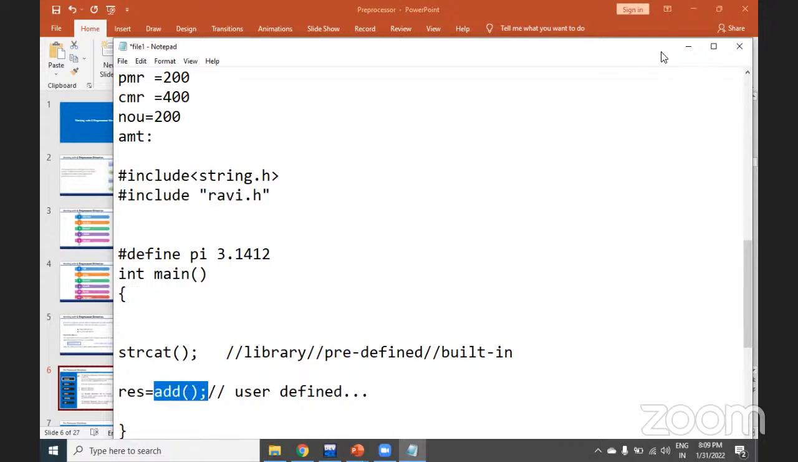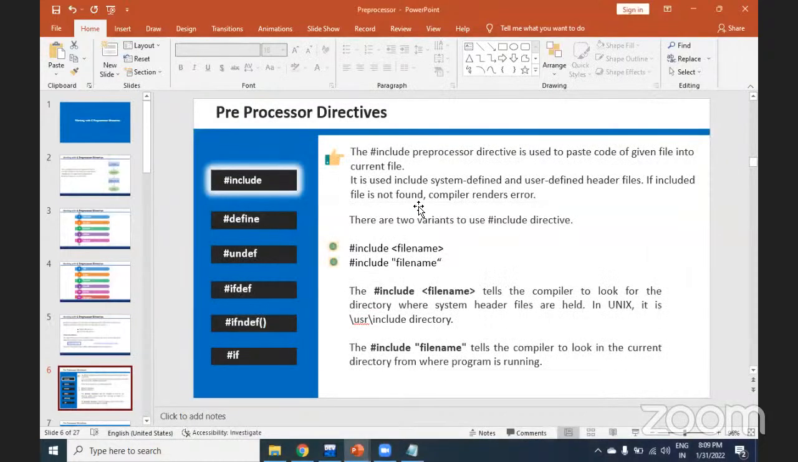Let's see how we are going to include this. These are all pre-processor directives. At the time of compilation, it will check whether your particular code is available or not. Everything will be checked in that. So one of the pre-processor directives is